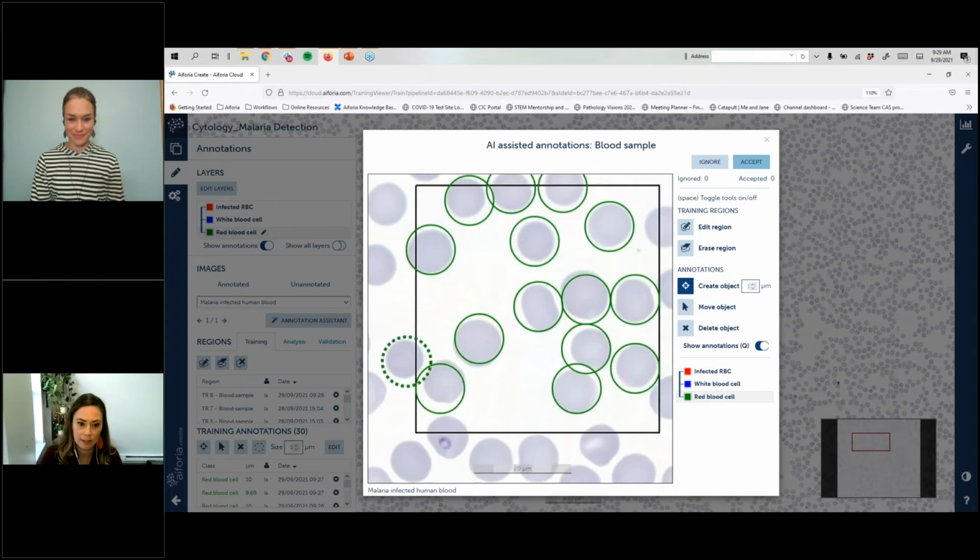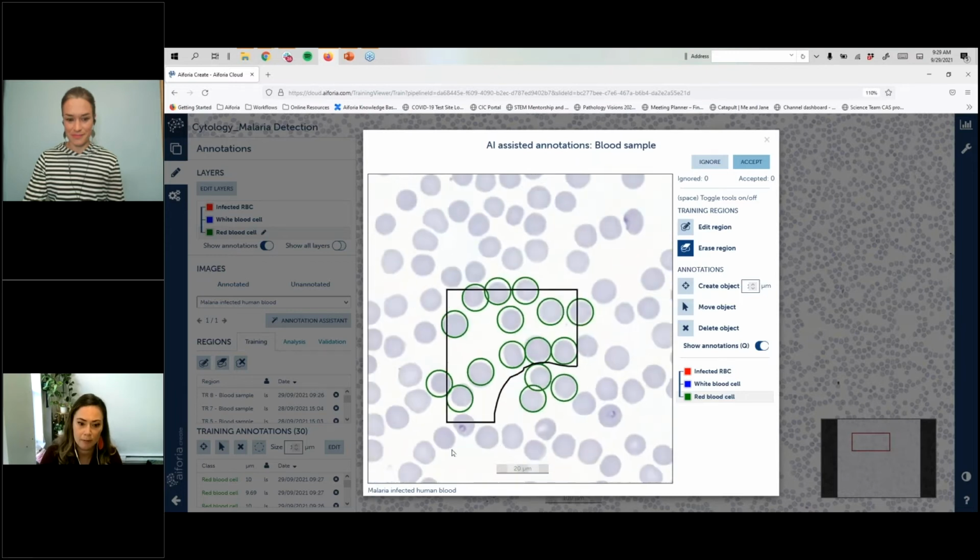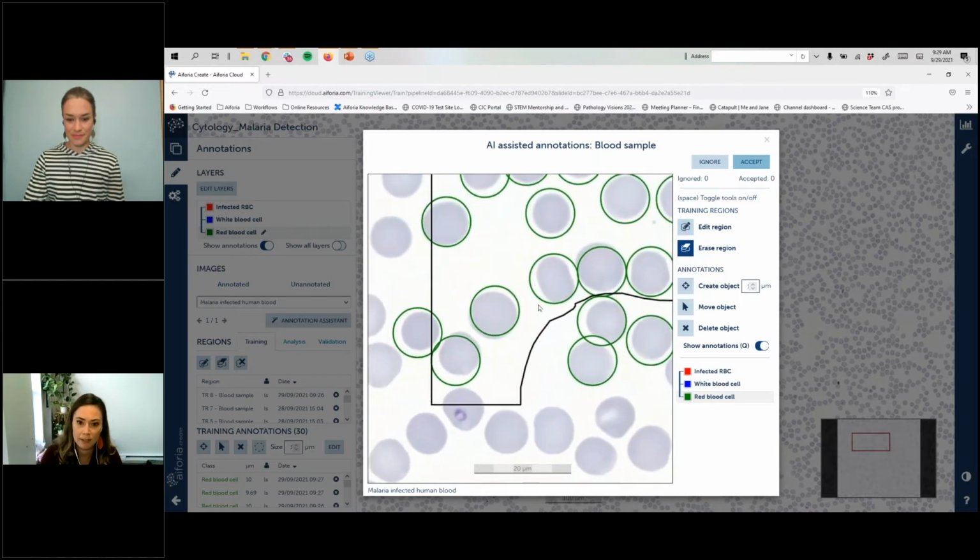So here, again, everything inside of the training region should be labeled. Even if it's half a cell, you can actually change the size of the training region if you don't want to relabel everything. And you can also increase it. Maybe I know that it did a bad job of picking out those infected red blood cells earlier, so I